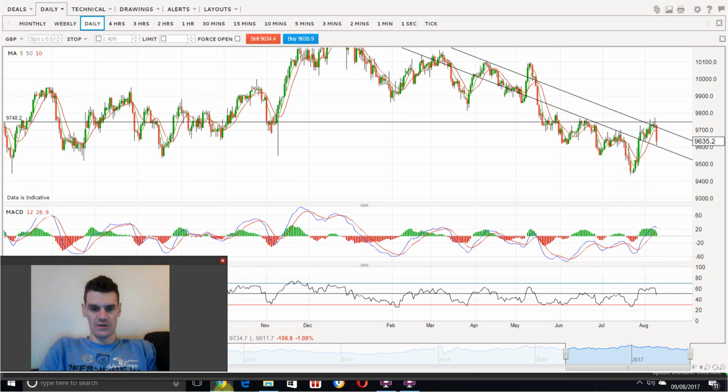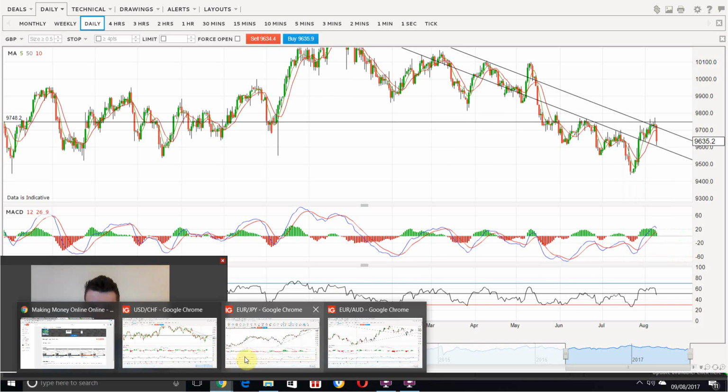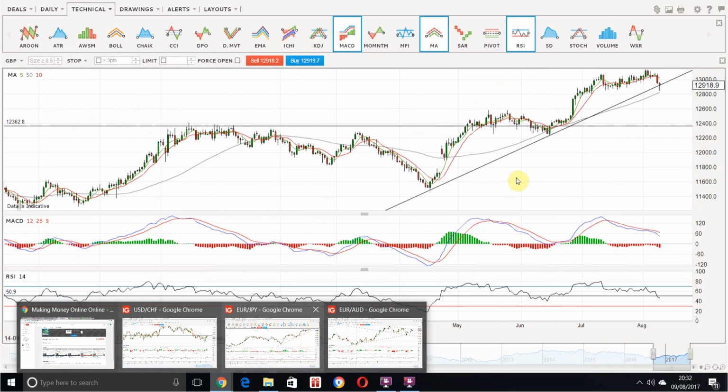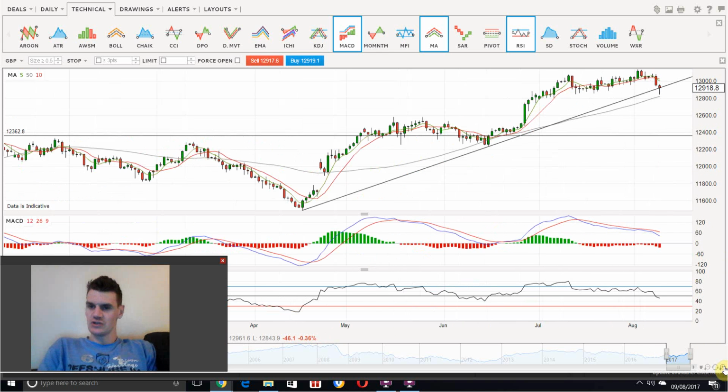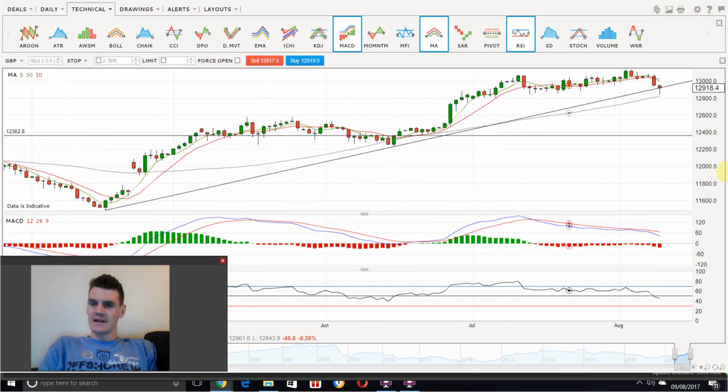Okay, so the next one that I have for you is the Euro and the Japanese yen. This is a really interesting one at the moment. Obviously, we've got this ascending trend here. It's pushed back down to that trend line, and it's formed this quite big hammer here. So when that candlestick forms, it's likely that there is a reversal on the way. So we can see here, if I just zoom back out again,